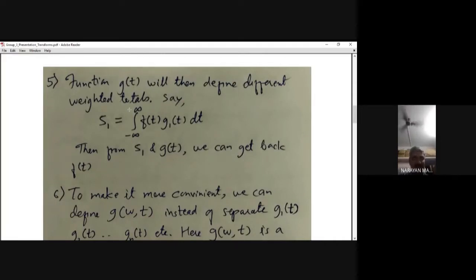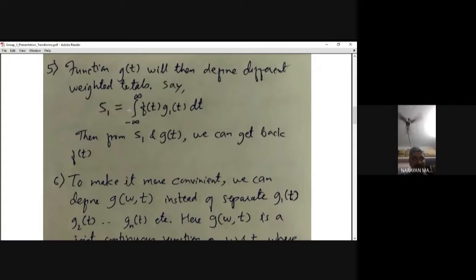For a function g1(t) there will be some s1, for function g2(t) there will be some s2. If we know s1 and the function g1(t), and if we have chosen g1(t) appropriately, it is likely that it is